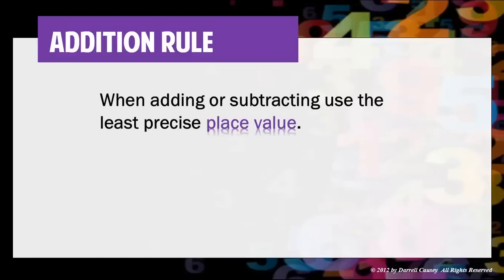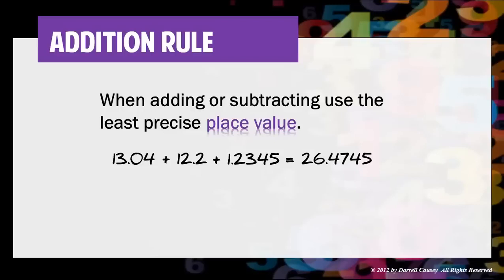So the addition rule. Now the addition rule is for addition and subtraction, and when adding and subtracting, you use the least precise place value. So let's look at some numbers here. And if you add those all up, you get